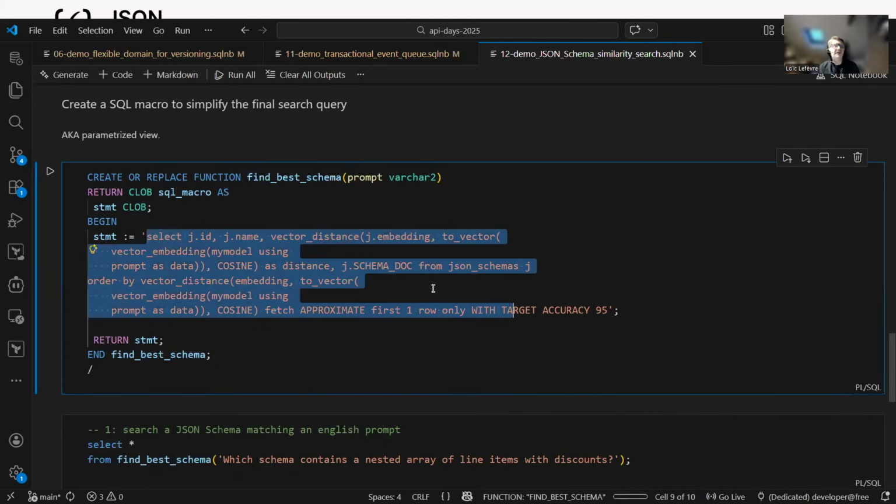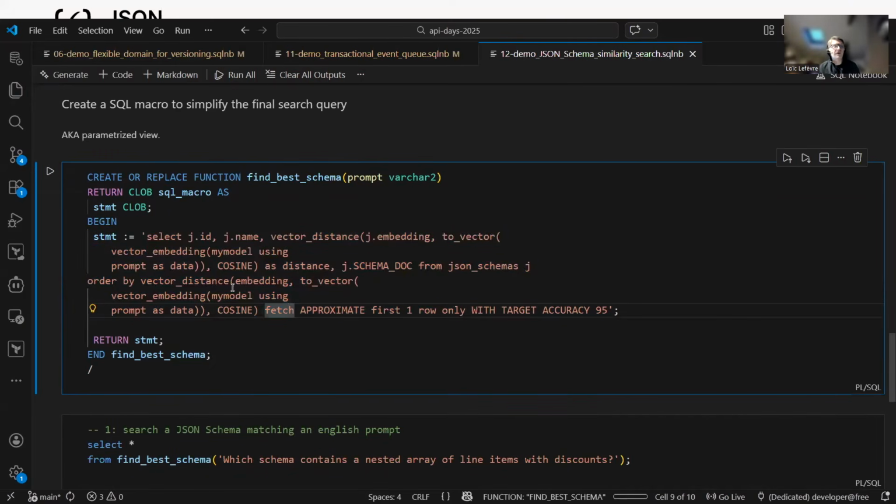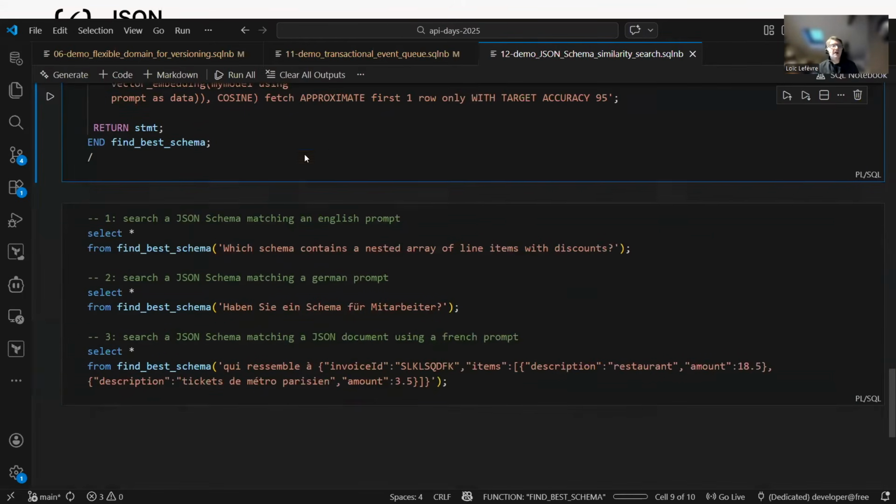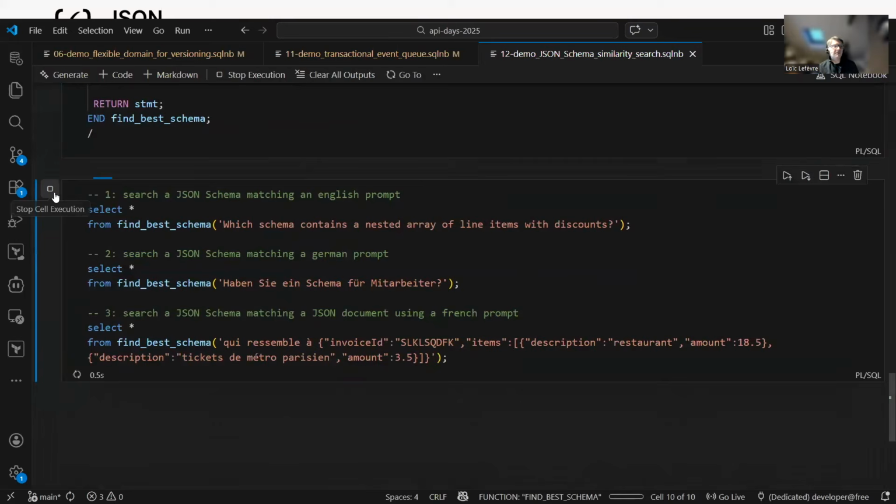You see here, it's looking for all the information, computing the distance using the cosine distance function, providing the resulting JSON schema from my table, and then ordering the results by the vector distance again. Fetching with approximation, I just want to retrieve the very first one that I get, the closest one from my prompt.